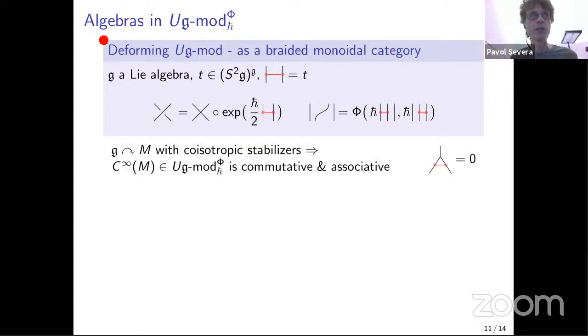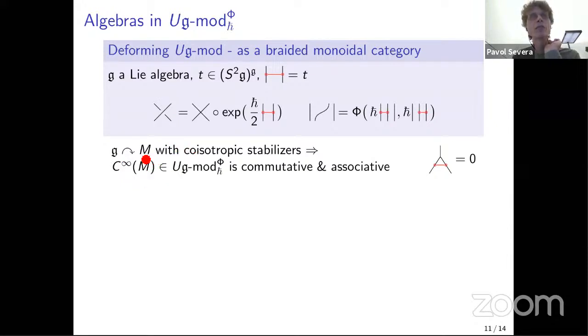But what we are interested in is to construct algebras in this category. So how can we start? We only have two tricks, so there is not much to know here. The first thing is to try to construct commutative and associative algebras. Let's take things which are of geometric origin. Let's take a manifold on which we have an action of our Lie algebra. Then C infinity of M is a representation of G. It does have its standard product.